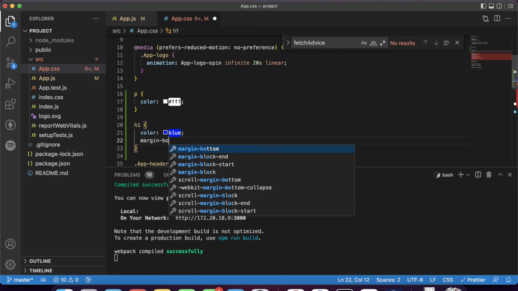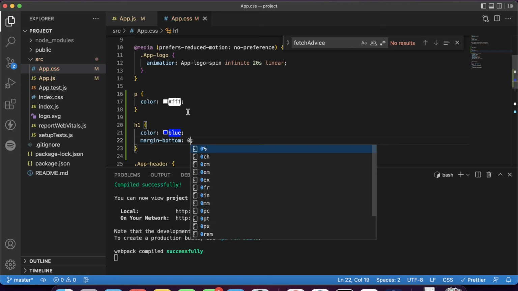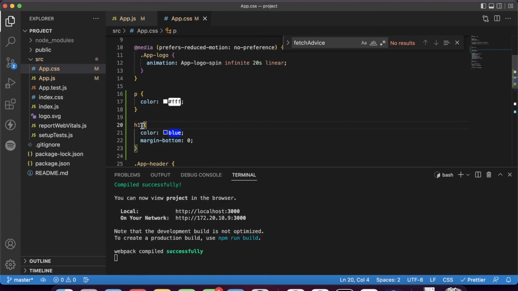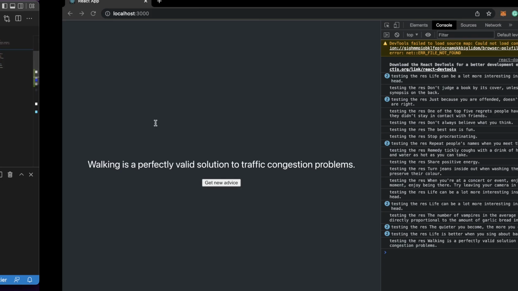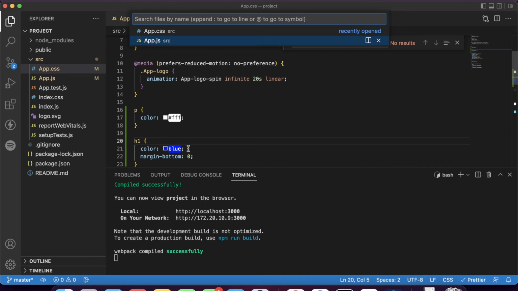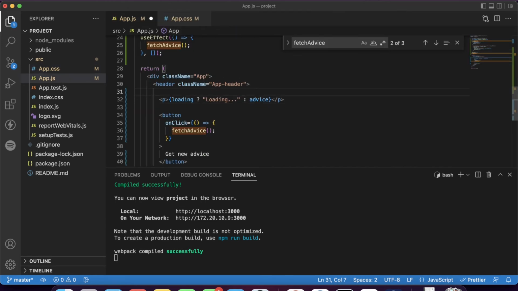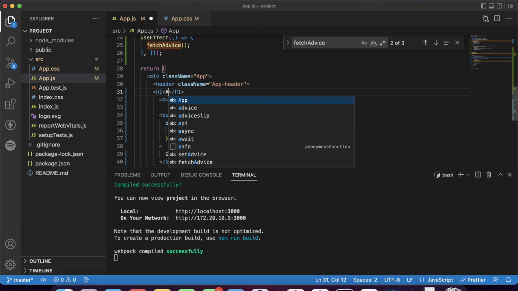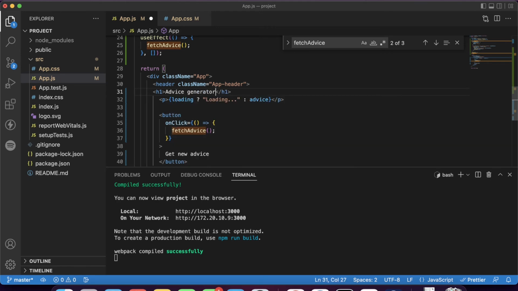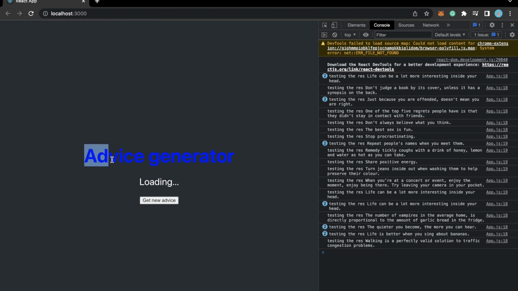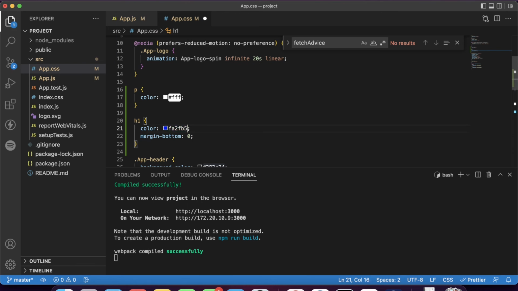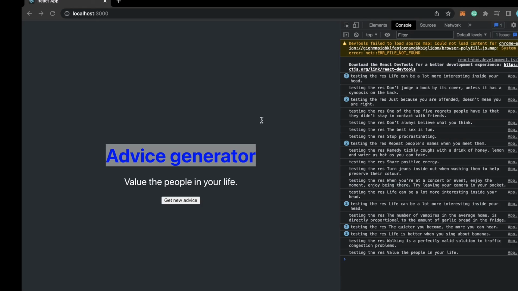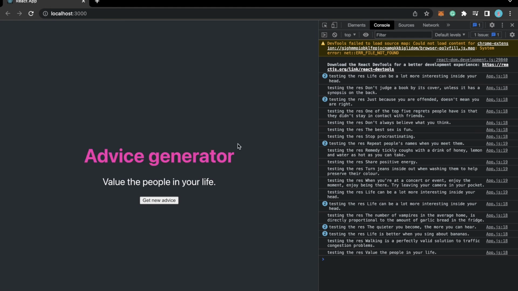Let's also set a margin bottom of 0, so we don't get the default margin that we get with these h1 tags. And let's see it. Okay, I don't currently have an h1 tag, so let's add it. Let's call it Advice Generator, or anything you'd like to call it. Okay, the color is a bit harsh. Okay, so I found a color online, so I'll be using that color for the h1 tag, and yeah, I think this looks much better now.